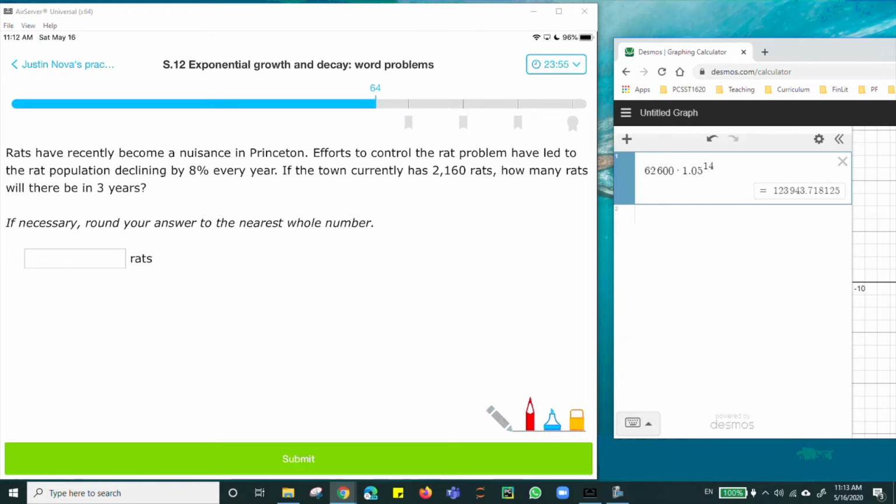So let's look at this problem. Rats have recently become a nuisance, I don't know, right, in Princeton. So efforts to control the rat problem have led to the rat population declining. This is a keyword, it's important, declining, that means it's going down. So I need to subtract that 8% from 100%, so 100% minus 8%. So that means I have 92%. As a decimal, that's going to be 0.92. Okay. So if the town currently has 2160, so 2160 times